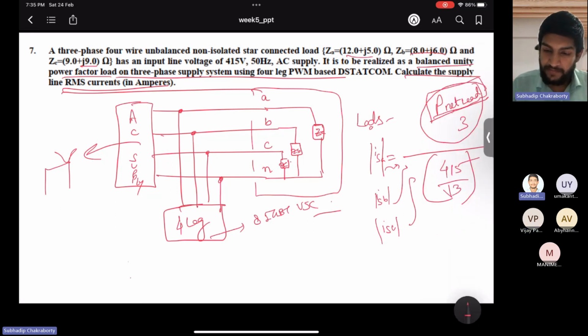You do like this. You also can calculate anyways. V by Z also you can do. To calculate I, take real I. And then,